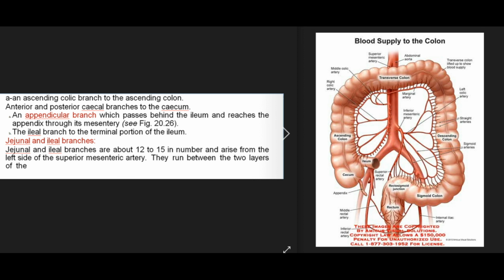Jejunal and ileal branches. Jejunal and ileal branches are about 12 to 15 in number and arise from the left side of the superior mesenteric artery. They run between the two layers of the